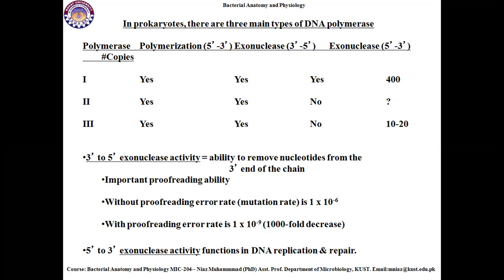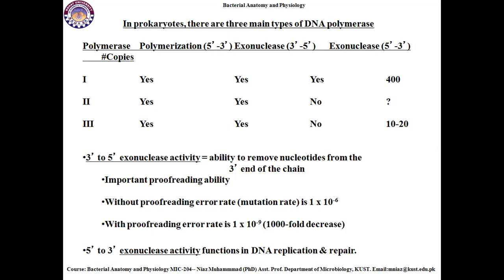These both work to minimize the mutation rate and the errors, because the speed is too fast, 800 nucleotides per second. These enzymes monitor the whole process, and if there is any mismatch, these exonucleases will